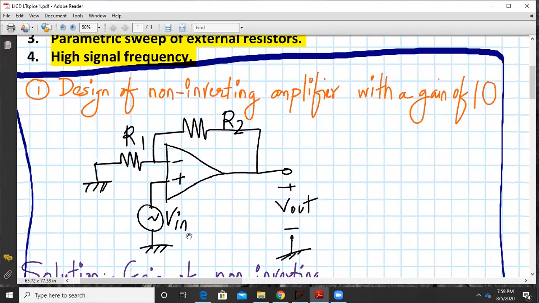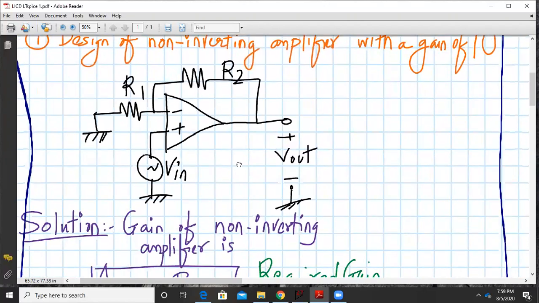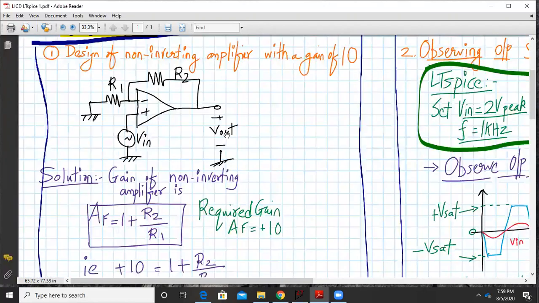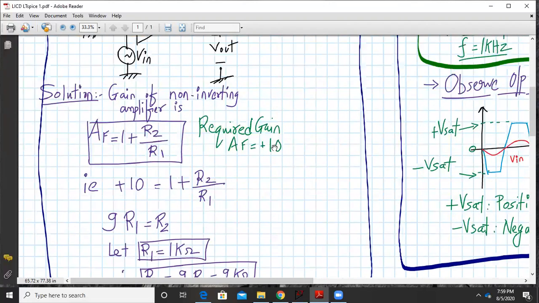So non-inverting amplifier is as follows, and we have to design for a gain of 10. Now we know that the gain of non-inverting amplifier is given by the formula AF is equal to 1 plus R2 upon R1. So we have a required gain of 10.